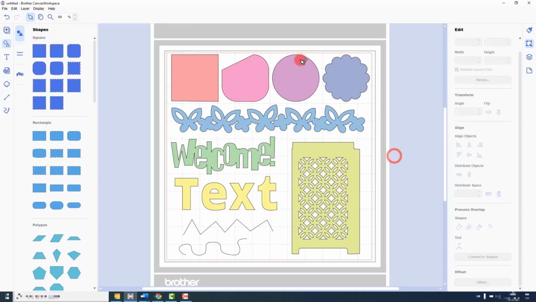So there we go, you can see every shape that we import and add to our cutting mat can be edited using the path editing tools. How you use them and when you use them is entirely down to you and the project you are working on,